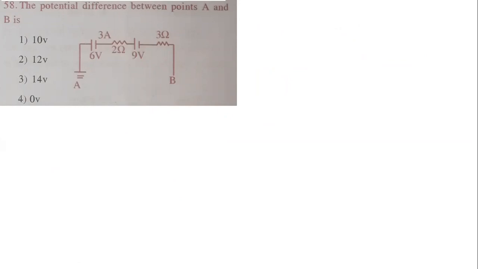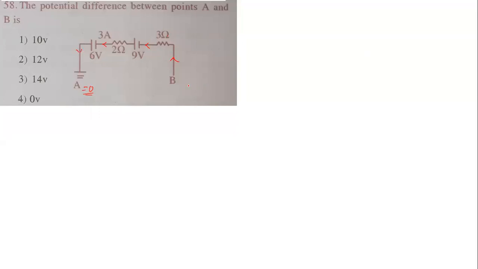It is like when you solve batteries or cells connected in series combination. You can solve it like that. The 2 ohm is the internal resistance of this battery and 3 ohm is the internal resistance of this battery. The potential difference between these 2 points is given here, where E is connected to ground. Ground means it is a zero potential point. So current must flow from where to where? B to A, in this direction.